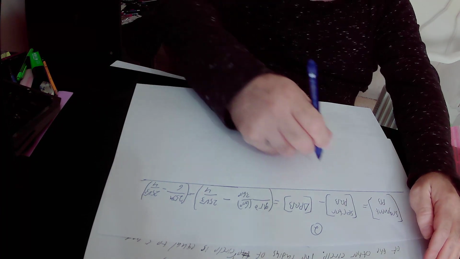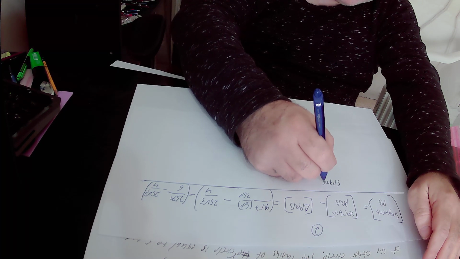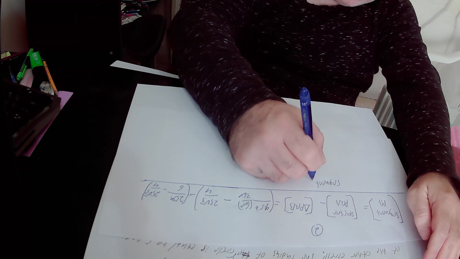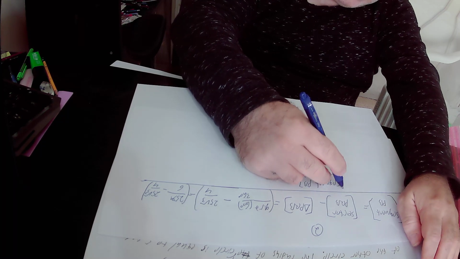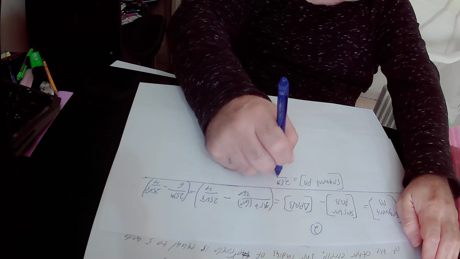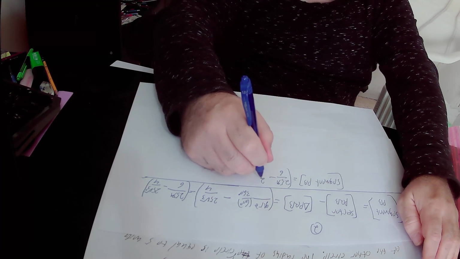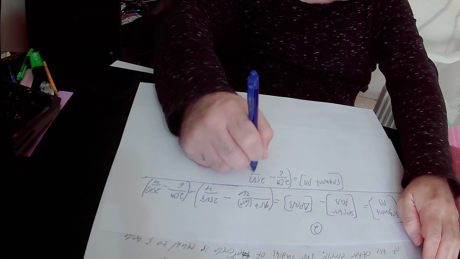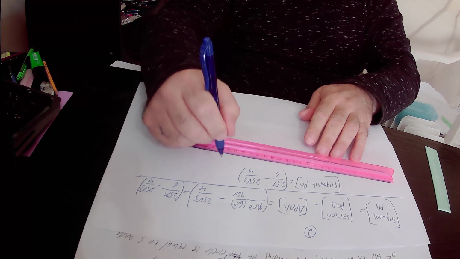So the area of segment PB equals 25 pi over 6 minus 25 times square root of 3 over 4 square units,